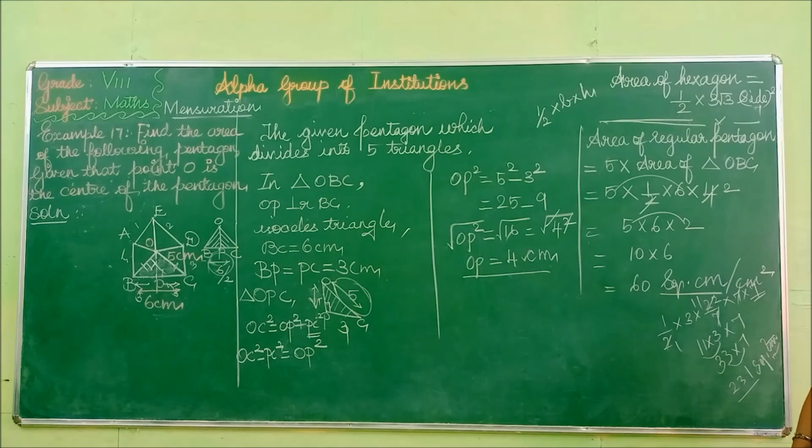So what we have learned today, we have learned about polygons. A polygon is nothing but a 2D shape formed by joining straight lines. So recall once, triangle has 3 sides, and rectangle has 4 sides. Pentagon has 5 sides, and hexagon has 6 sides. Heptagon has 7 sides, octagon has 8 sides, and nonagon has 9 sides. For 10 sides it is called a decagon. At last, if it is an n-gon, that means n sides.